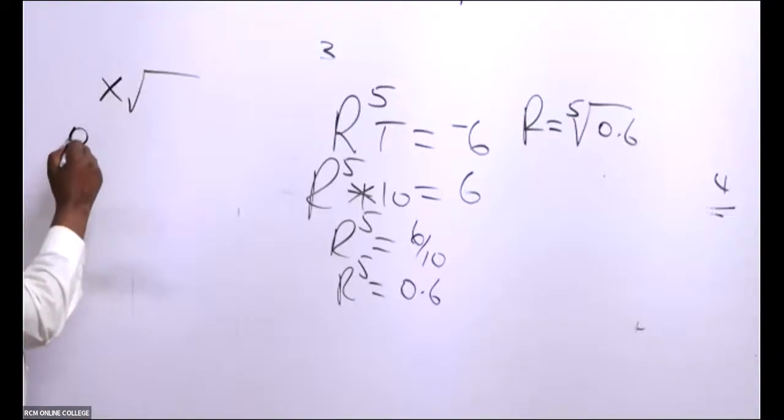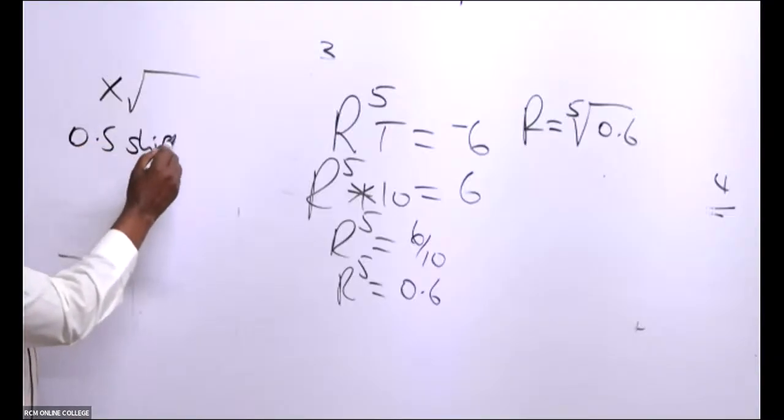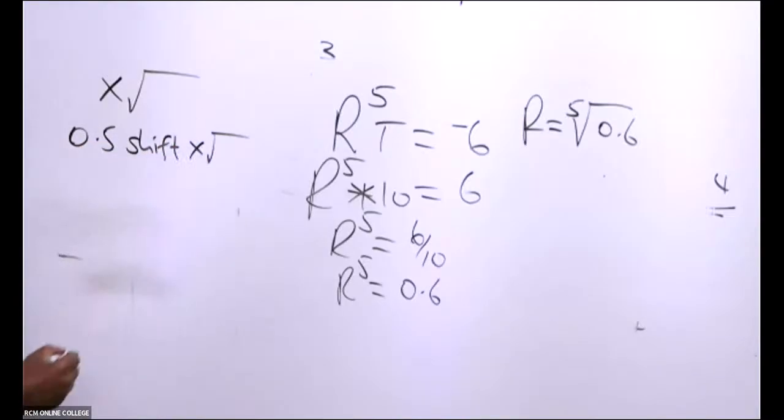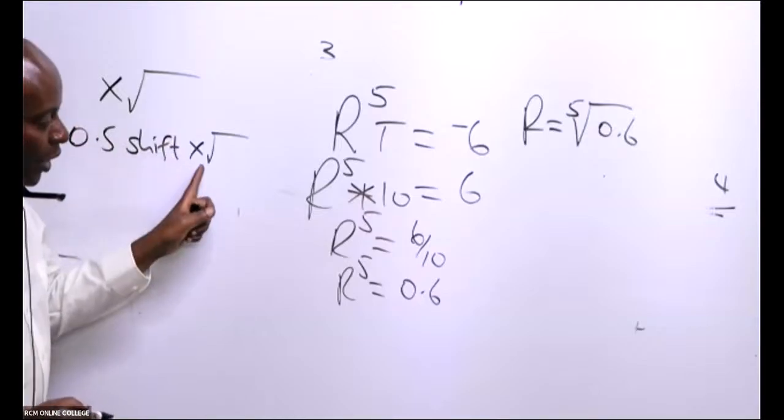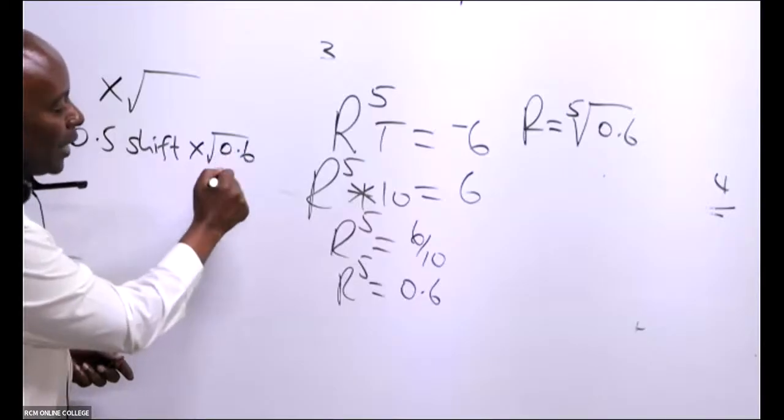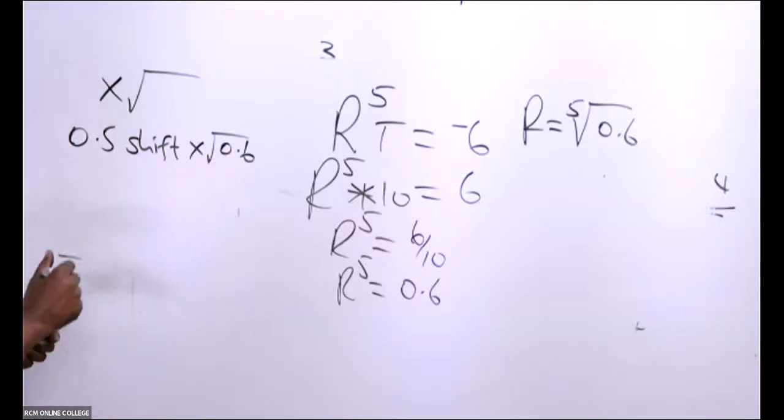So kuja useme hapa 0.5, alafu useme shift, ndio uende kwa hiyo x root mahali iko. Because it's yellow in color, wherever you're seeing it is a second function, I have to press first 0.5, niseme shift, ndio nifinye hiyo. Nikifinya hiyo sasa inaweka hapa 0.6 ndani, nasema equals. So ukisema equals, what are we able to get, all of us?